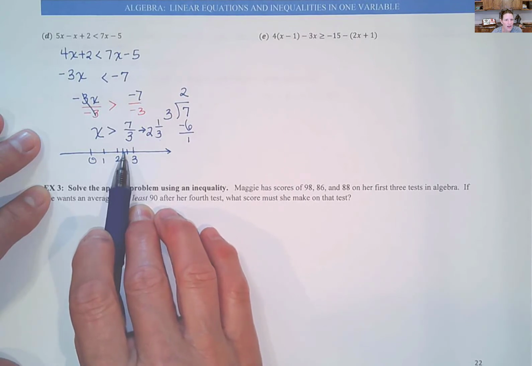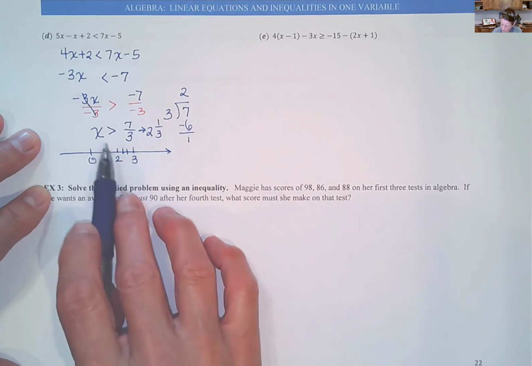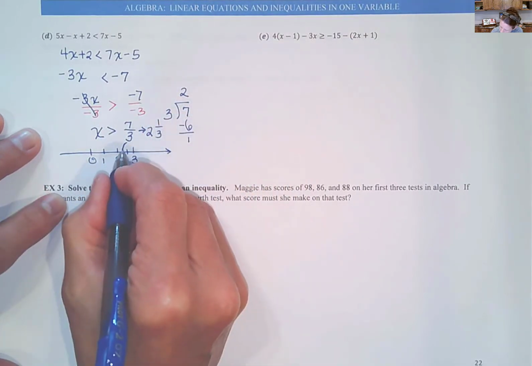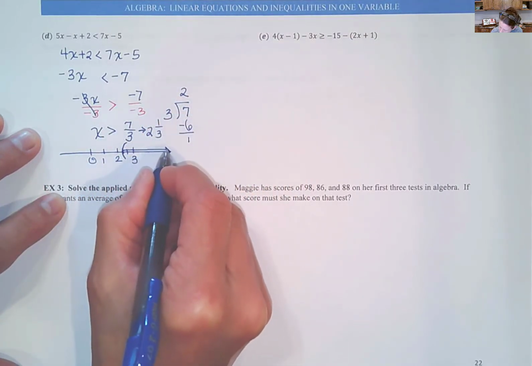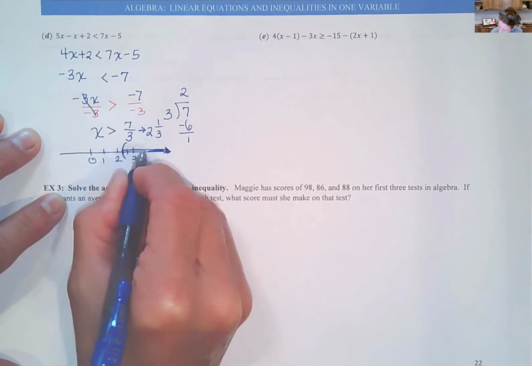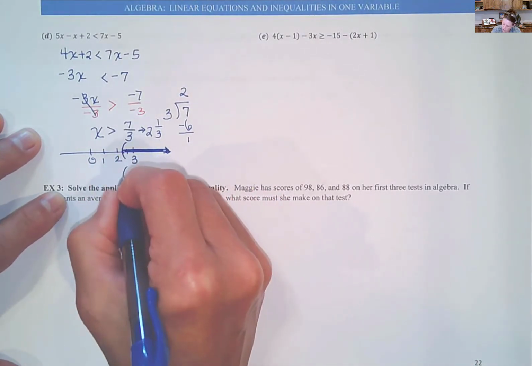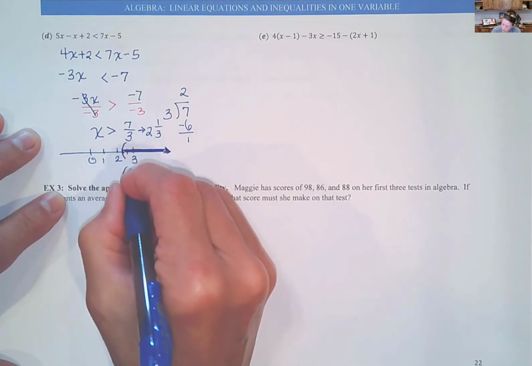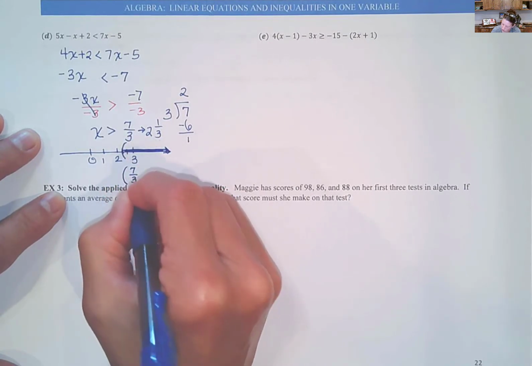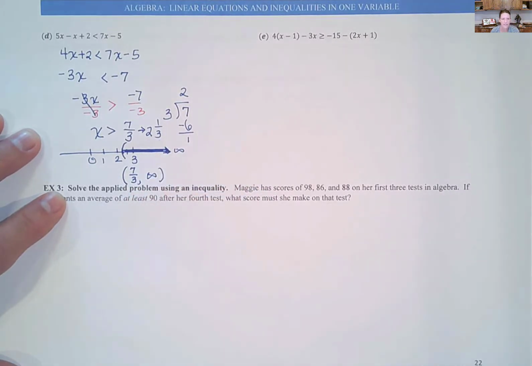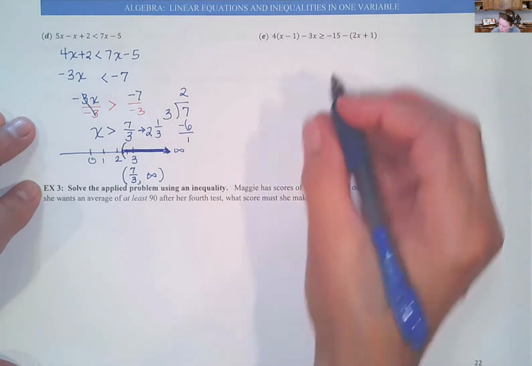Now we want to describe numbers greater than 2 and 1/3. So parenthesis and arrow to the right. Okay, these larger numbers are to the right on the number line. In interval notation, I'm going to use the improper fraction 7/3 to positive infinity. And lastly here for part E, let's